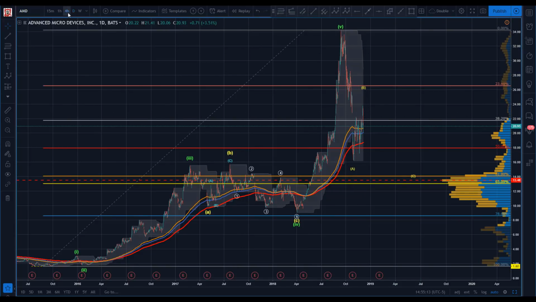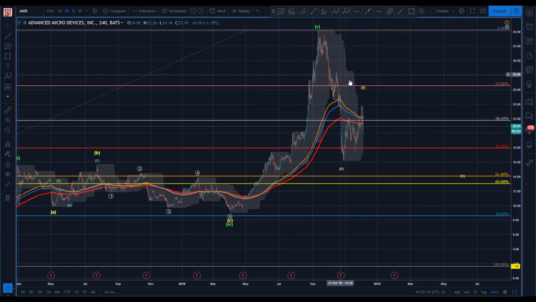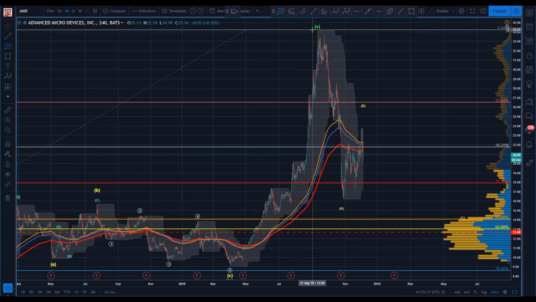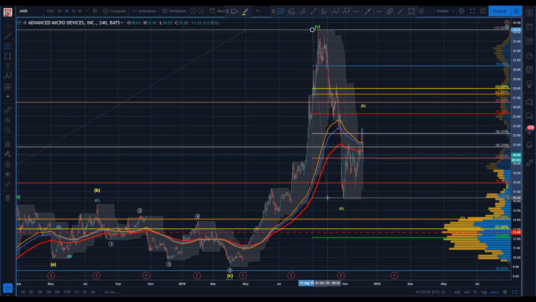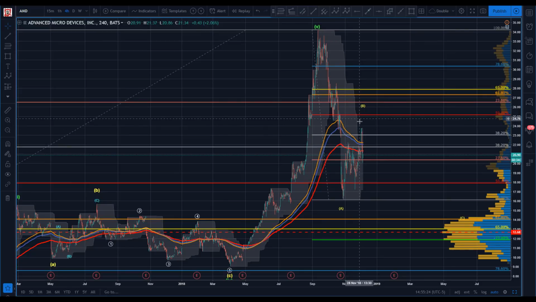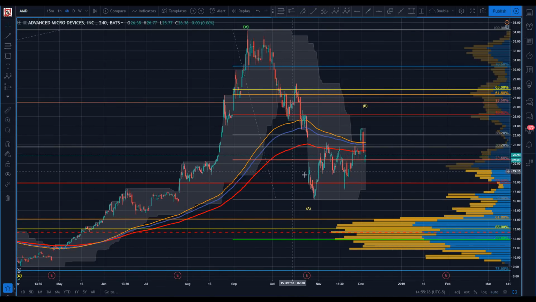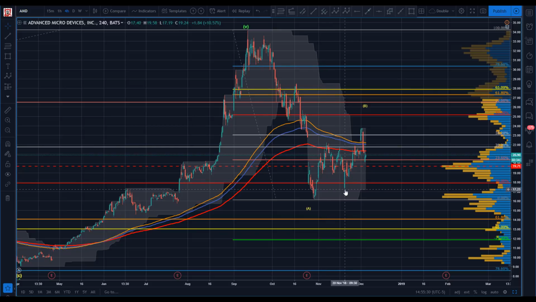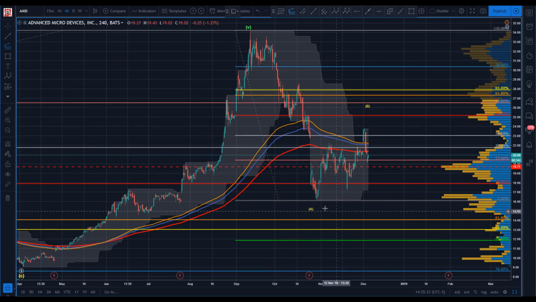Granted, I know it's not done yet, but it could be done actually. So we look here from the high and we pull down here. Where'd we go? Well, we're not quite to the 50. So A, B, C. Well, it looks like that C might have a little more work to do here. So let's zoom in on that. That looks like a fairly good B, so we'd be looking for parity as the first thing to test. Do we get